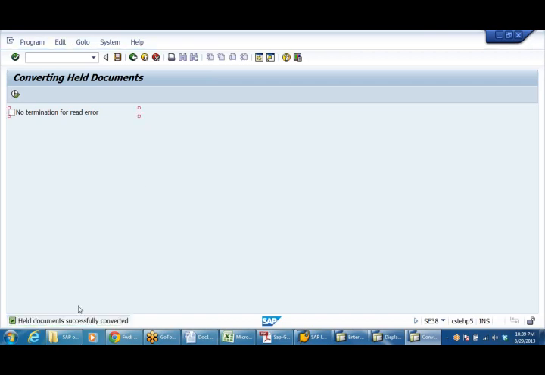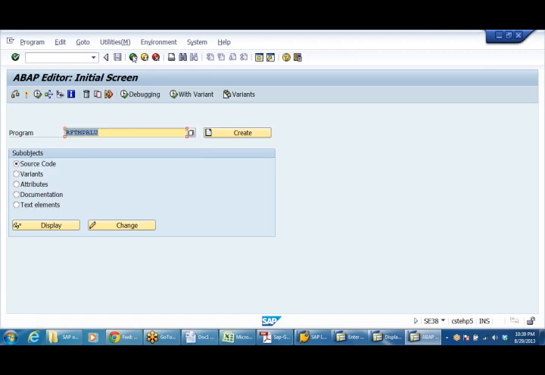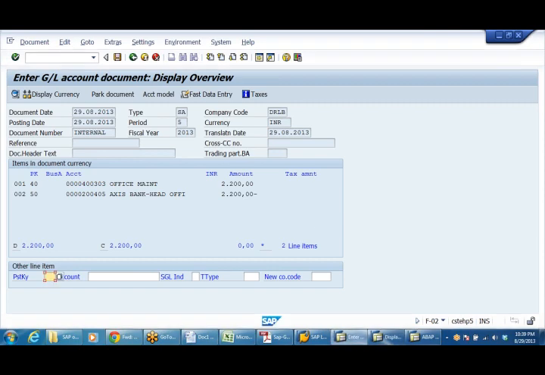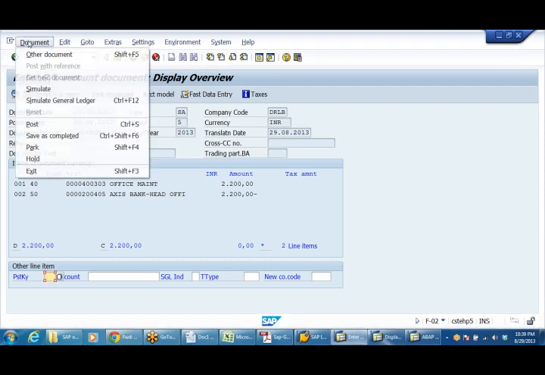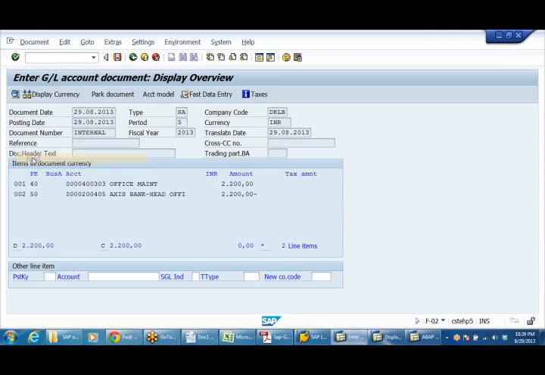Execute. Held document successfully converted. Again, come back to your screen. Again, go to document, hold.